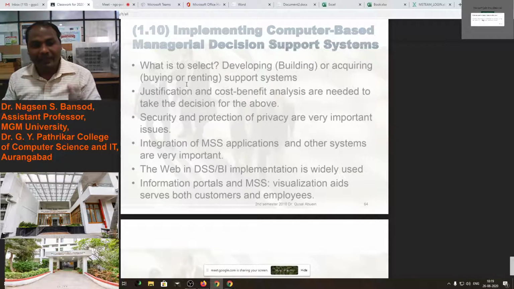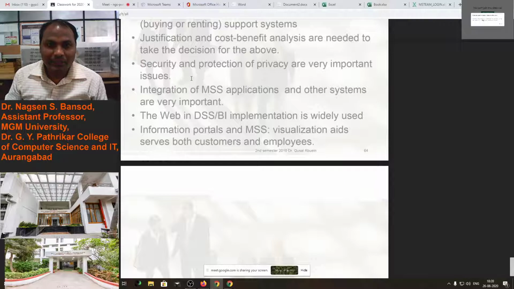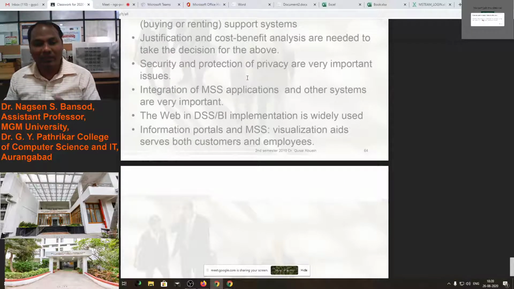For buying, renting, or building or developing a product, we have to use cost benefit analysis with the help of a hybrid decision support system. Security and protection of privacy are very important issues.